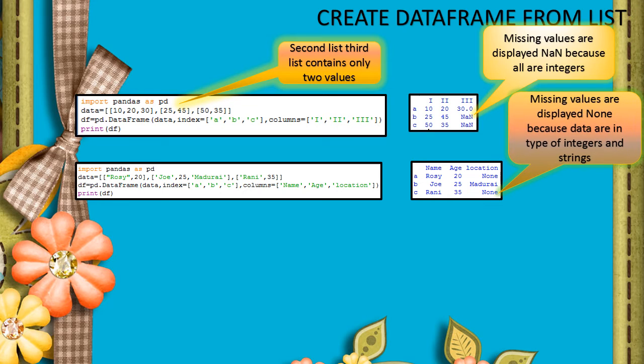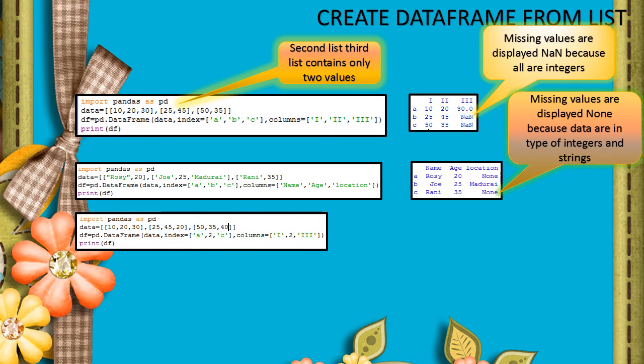And see here, None is displayed for the mismatched data because it contains both string and number in the previous column, so it will display None in the mismatched data. The first one displays NaN (not a number) because the first row and second column also contain integer values, so it displays not a number. But in the second example, the first column is a string and the second is an integer, so it displays None in the mismatched data.